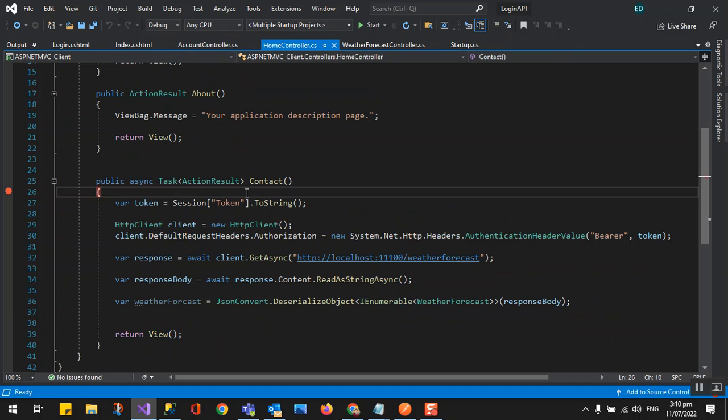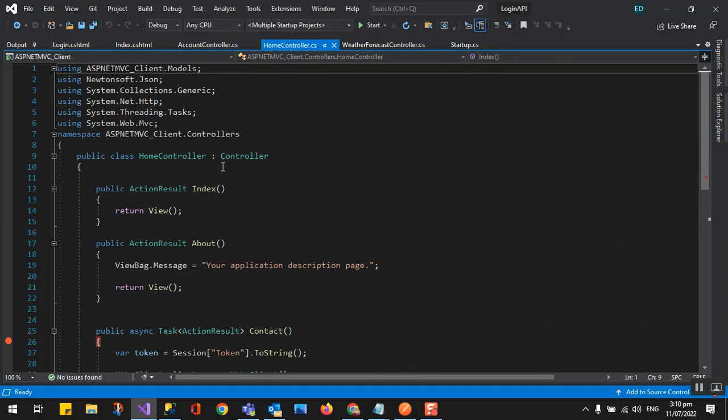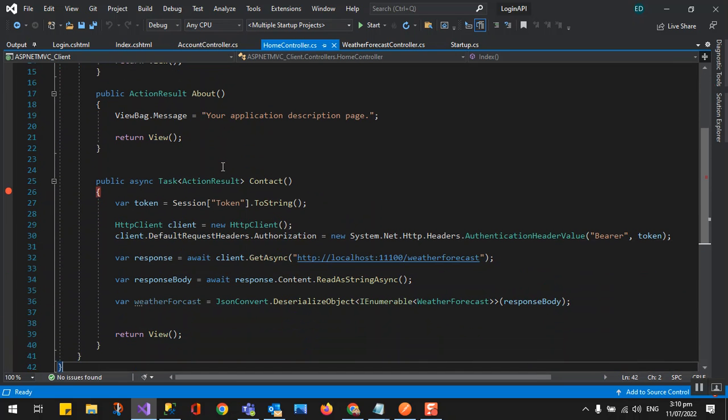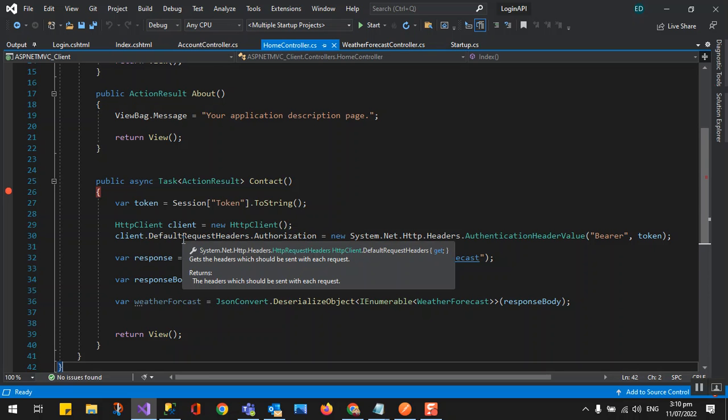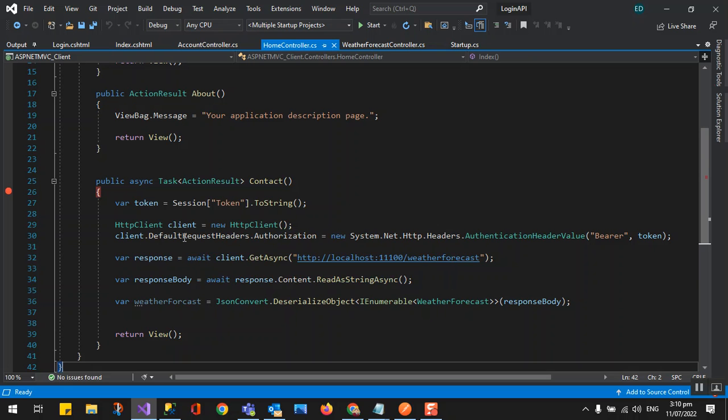As you can see here, we create the token from the session, from the account controller, and then we inject the authorization header: client.DefaultRequestHeaders.Authorization equals new AuthenticationHeaderValue Bearer, because we are going to use a JWT token, so that is Bearer and the token itself. After that, we can access the protected area, for example, the weather forecast. If you don't have a valid token, you cannot access this part.